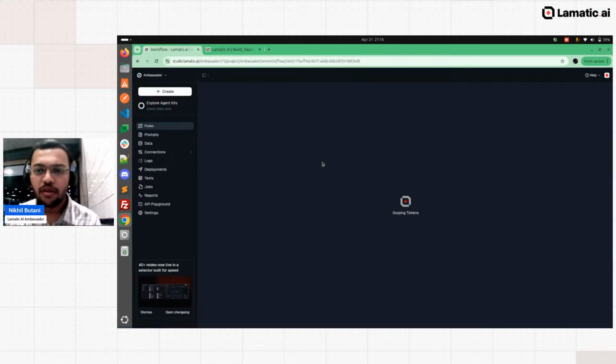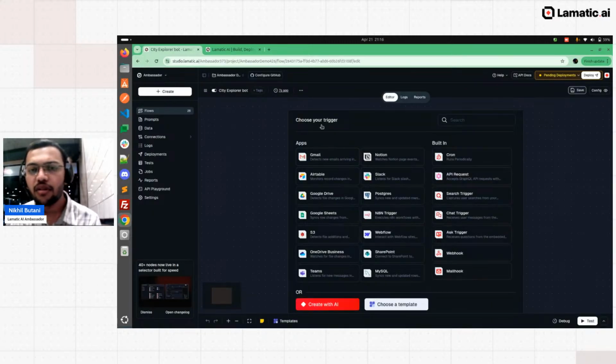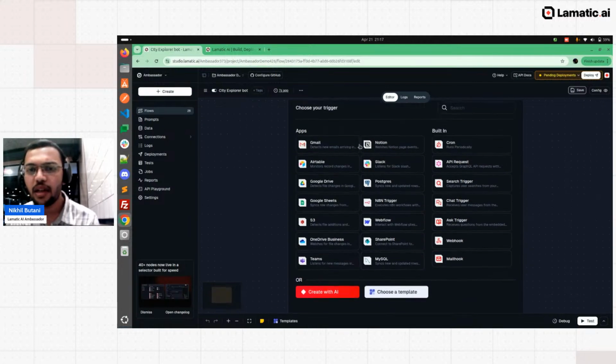Yeah, so we'll take the tokens, and now you can just choose the trigger. So you can see here many of the apps which you can use on a daily basis, like Gmail, Notion. So you can just connect with that, right?